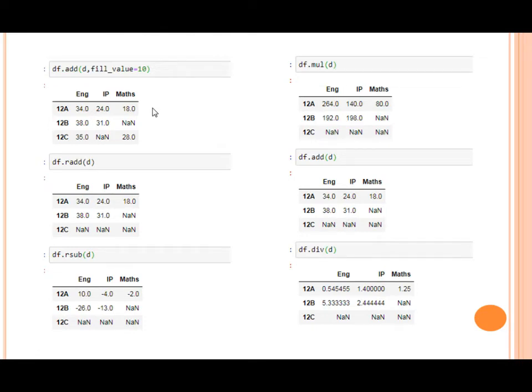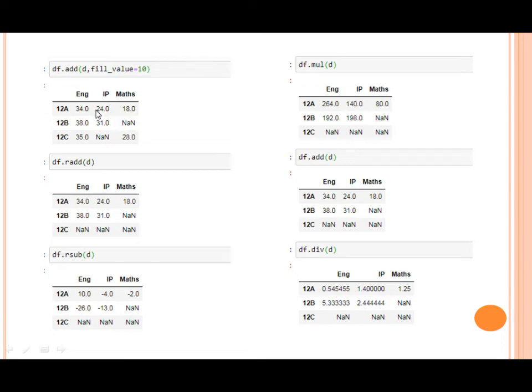Now see the first function, df.add. Children, see this df.add adds the df and d, both the data frames together. But this fill_value equals 10 plays an important role here. Fill_value equals 10 fills the value of NaN places by 10.